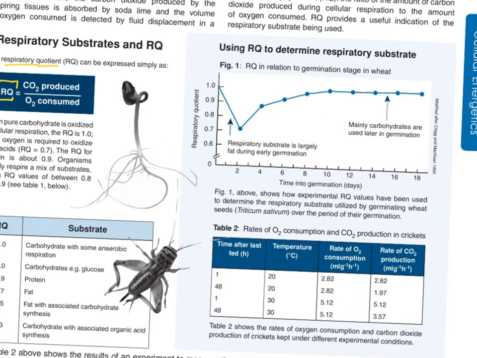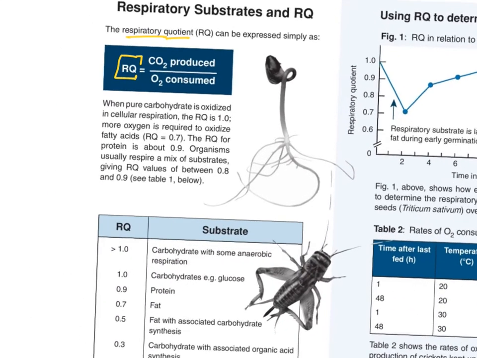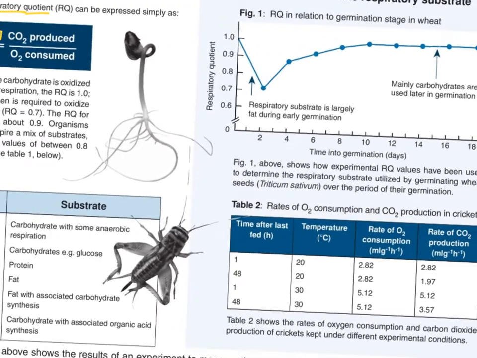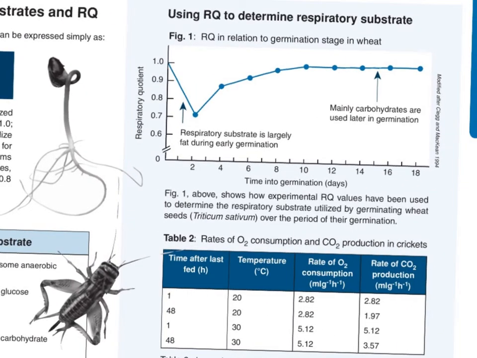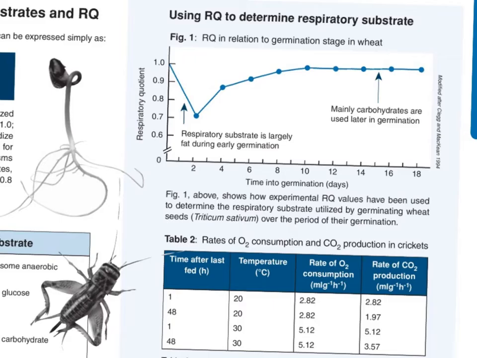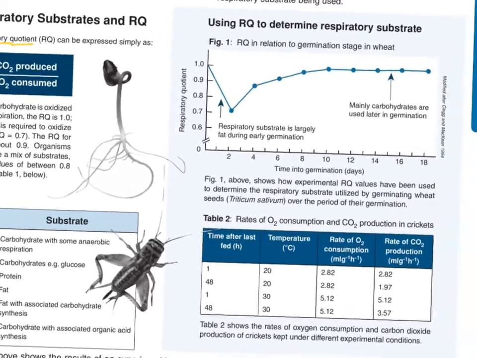There's the quotient. There's the RQ, right? Respiratory quotient. Here's the 1, right? Isn't it 1 mostly? Then something happened. It was 0.7. What was digested when we measured at 0.7? We had fat. There's some fat eaten there. And here's something that was 0.9. What was that? Protein. There was some protein.